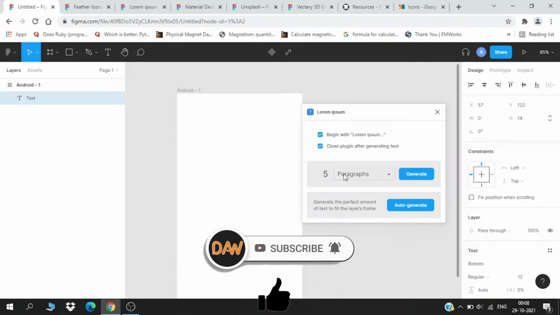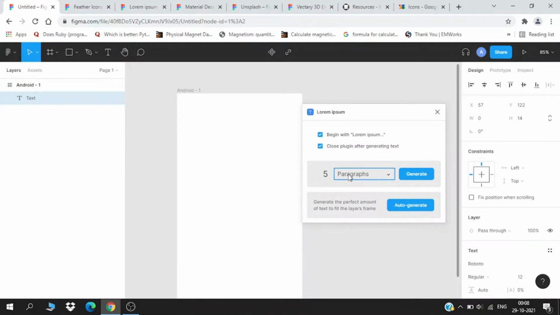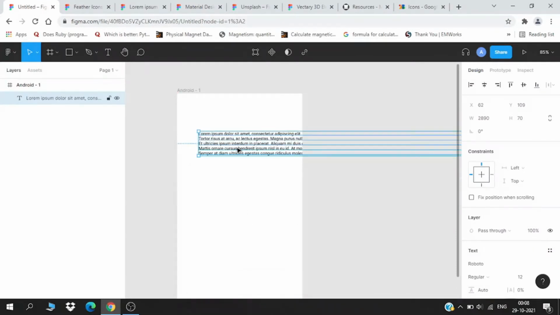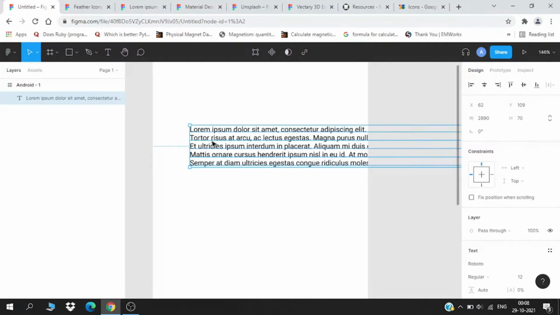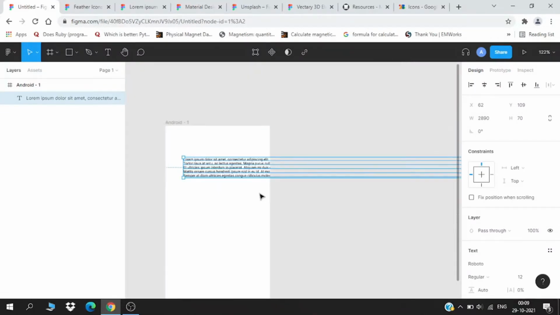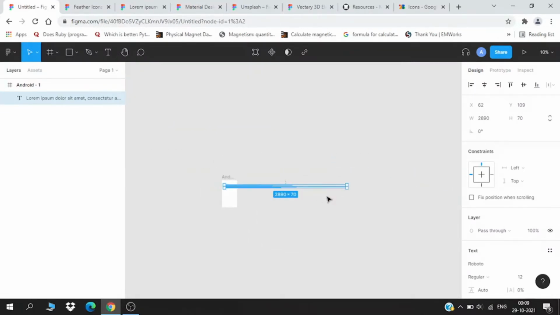You can see there are a number of lines and paragraphs you can select. If I keep it at 5 only and do this, as you can see, it has generated 5 different paragraphs. You might not see it, but these are not lines but paragraphs in line form. You can adjust the text, let me show you, it goes from there till there.